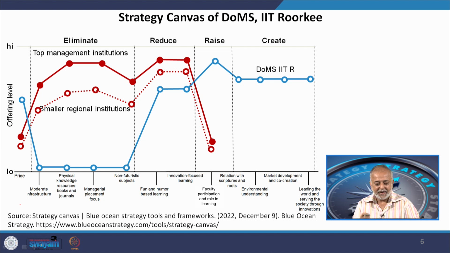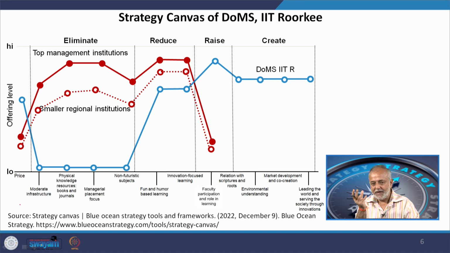And then what did we create? We created scriptural knowledge from all the scriptures, because we were conducting managerial research in all the spheres, in marketing, in supply chain, in strategy, and we were collating every sphere of knowledge together at one place. Environmental understanding also, because this is a large ecosystem, and we have so many people working on those things, and we can get clues from all sides. Market development and co-creation: that is where we started developing a particular kind of market sphere around the